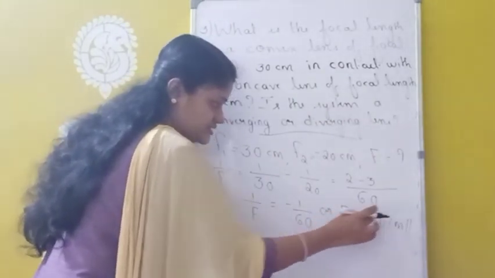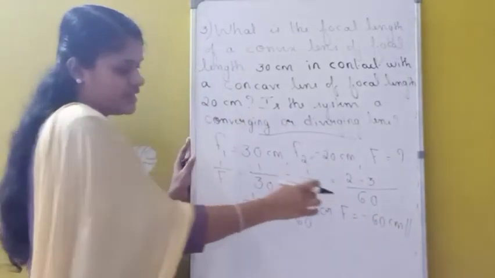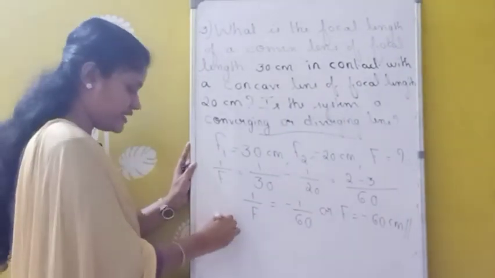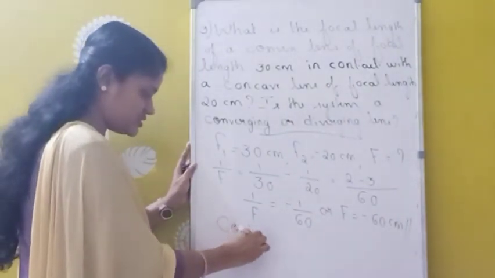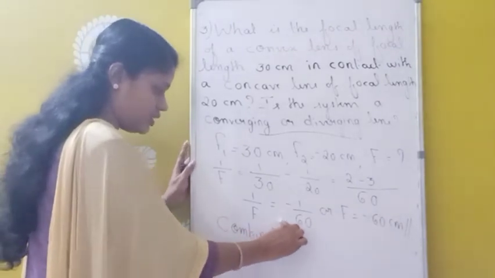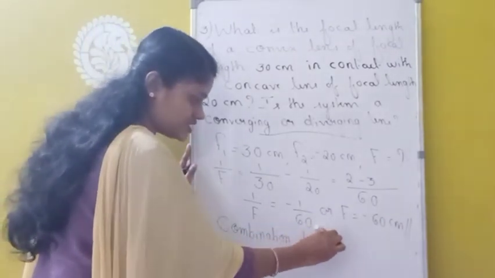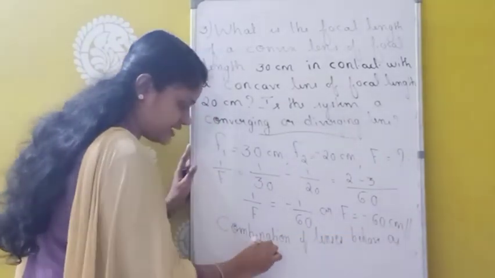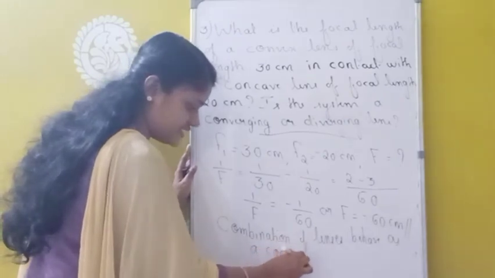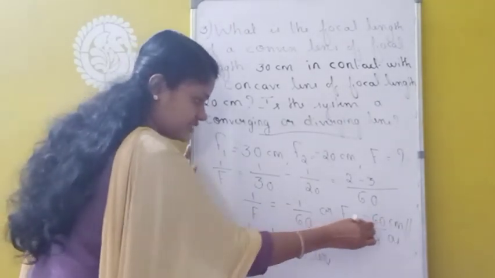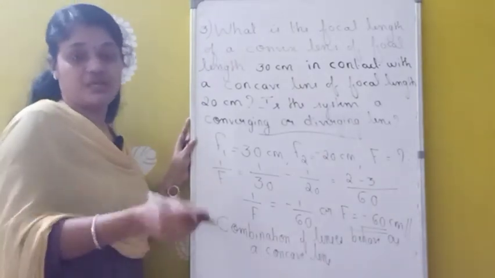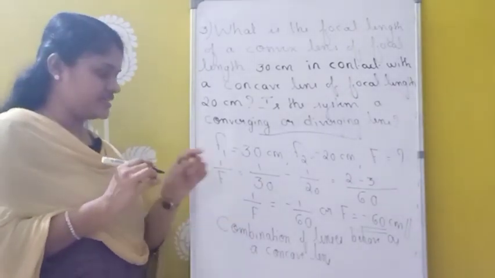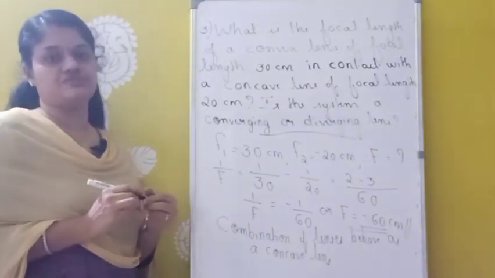So here we are getting this combination focal length as minus. This minus always indicates that this combination of lenses will behave as a concave lens. Why are we saying it is a concave lens? Because the focal length is minus. Whenever minus comes for focal length, it may be concave. Suppose if you are getting plus, it means this combination behaves as a convex lens. But here it is behaving as a concave lens.